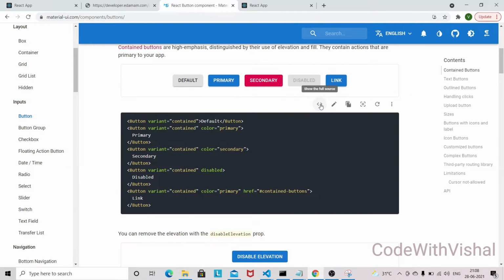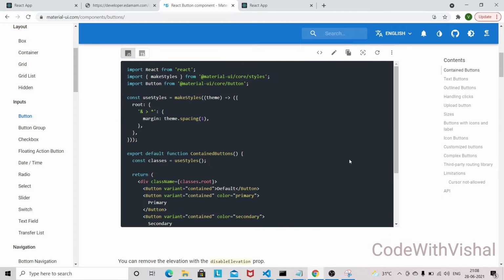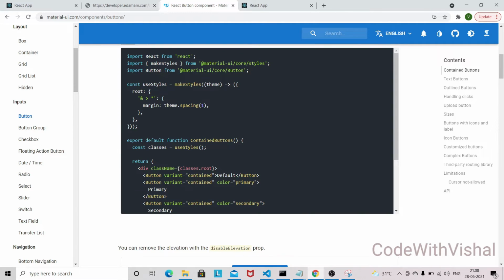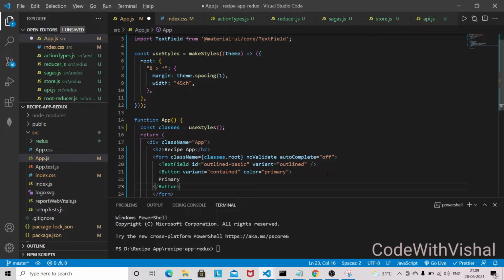So let's open this one, and I'm going to use this button, and I'll just paste it over here, and the button name will be Search,